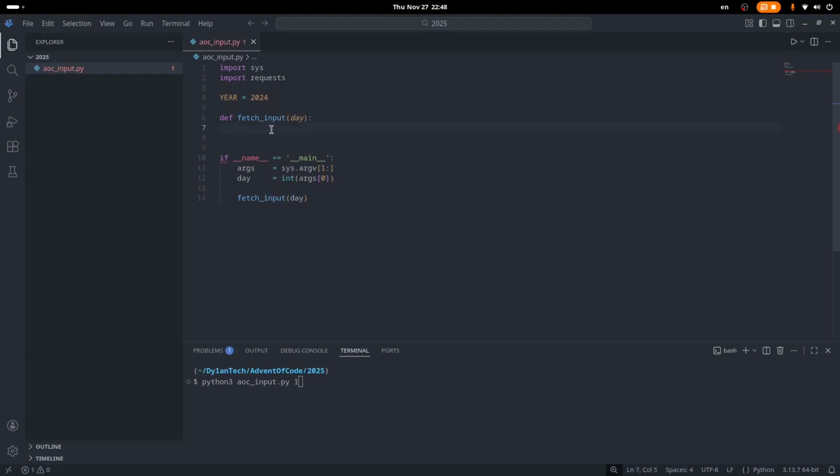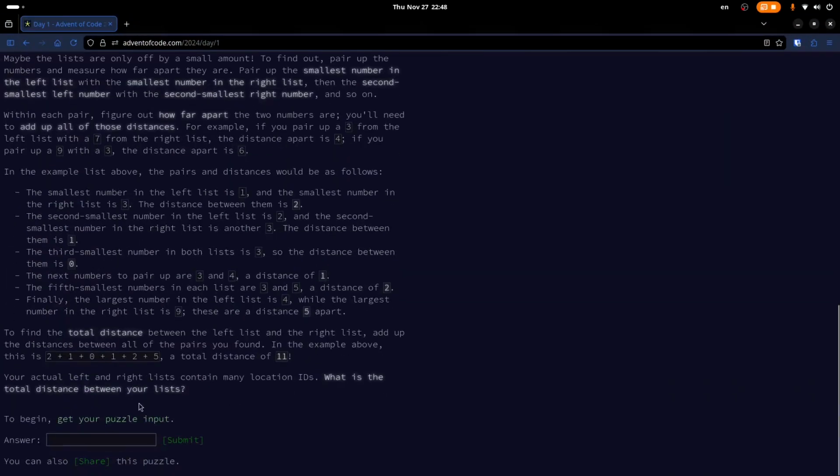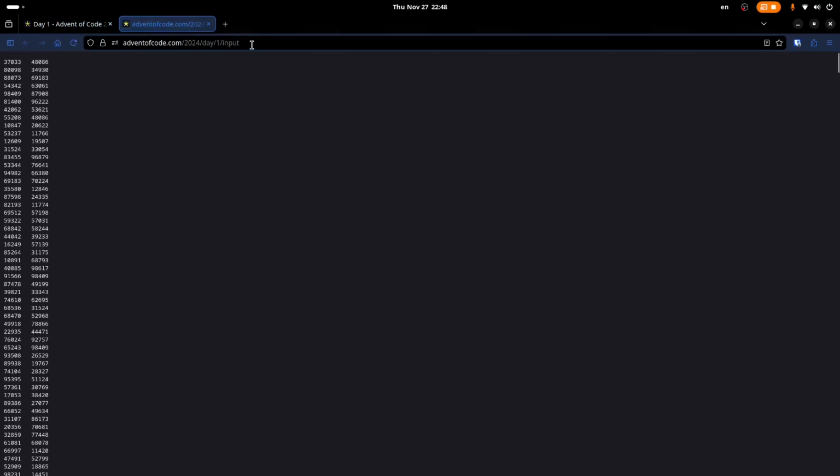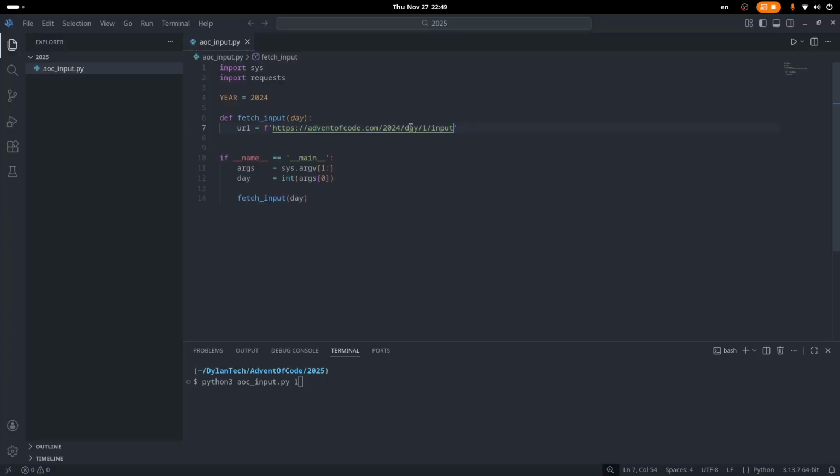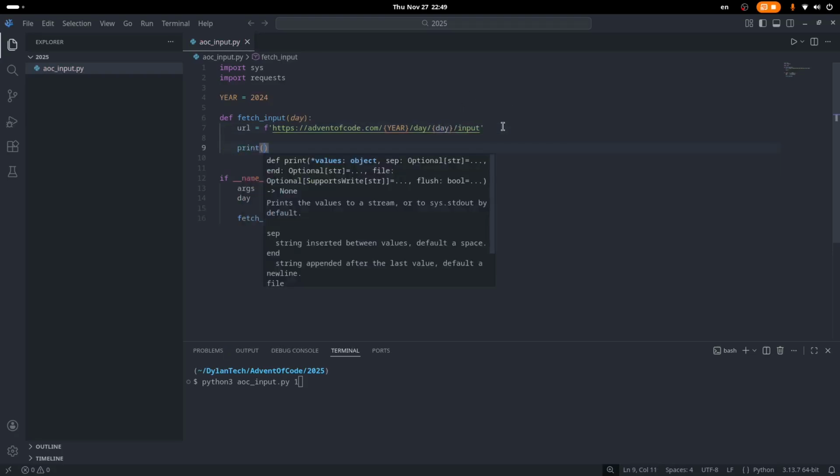So now let's write fetch input. We'll start with a URL, which I'll put in an f-string. And this will be the URL of our puzzle input. As a template, I'll just take 2024 day 1 and paste it into my file, and I'm going to replace the year 2024 with our constant variable year, and I'm also going to replace this 1 with our day argument. Then let's print a little message to the user,